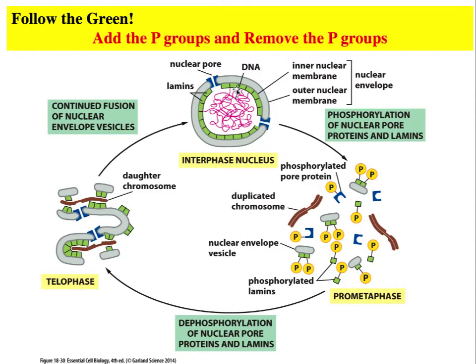In this slide here, we can see the full sequence of events which takes place during each cell cycle. So here we have an intact nucleus, and that exists during G1, S, and G2, and also during G0. But when the cell is forced to perform a cell cycle, the migration of the nucleus into prometaphase results in phosphorylation of the nuclear lamins. So the nuclear lamins, the proteins on the inside of the membrane, are phosphorylated as well as the nuclear pores, and that causes them to dismantle.